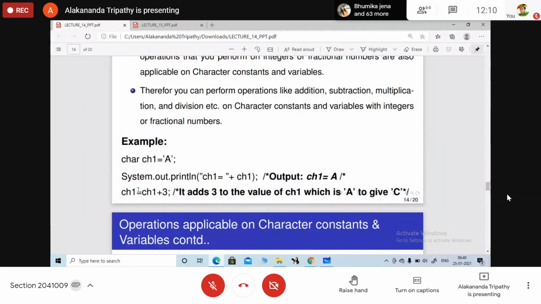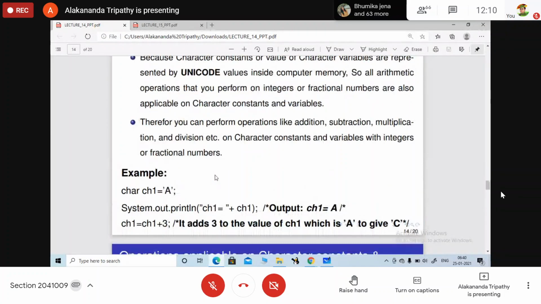So what will be the value here? Now look here. What is the value in CH1? A. Here it is written as CH1 plus 3. So what will be the value?